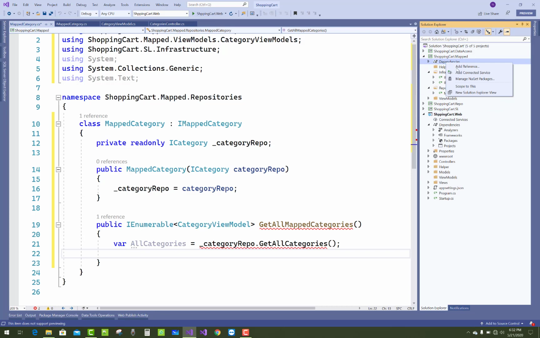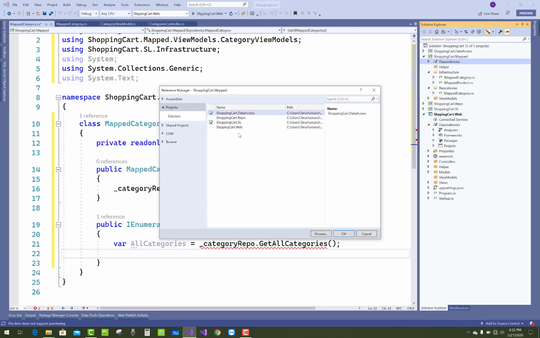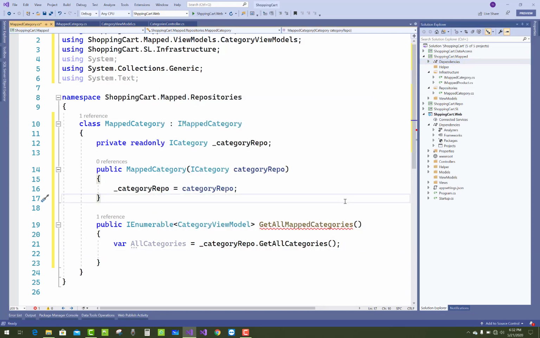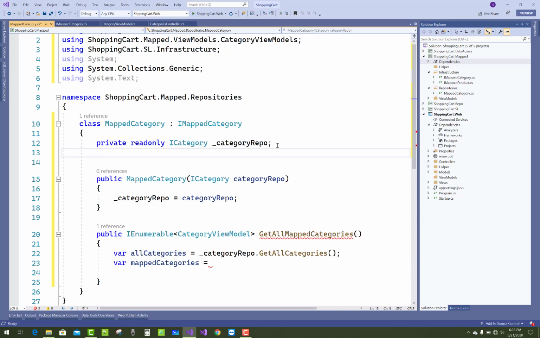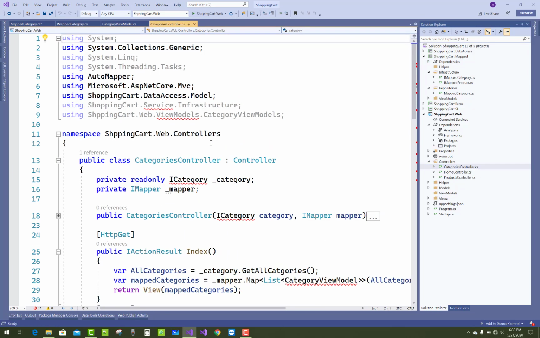So first of all, add an AutoMapper class and also the reference class of the data. In the mapped category, first of all add the mapper: private readonly IMapper underscore mapper.